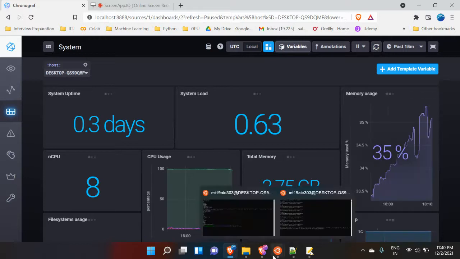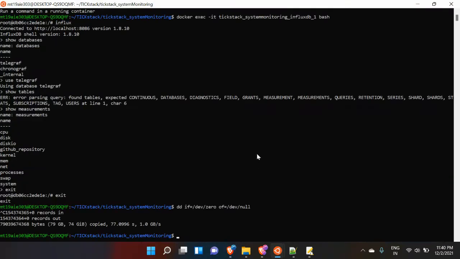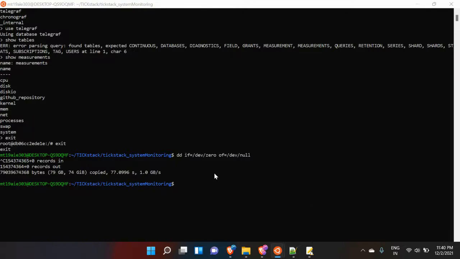So let me go ahead and stop this process, and we can see a decrease in system load usage.